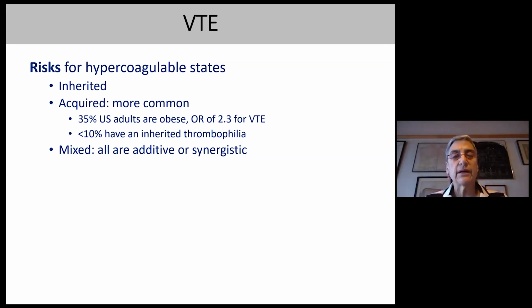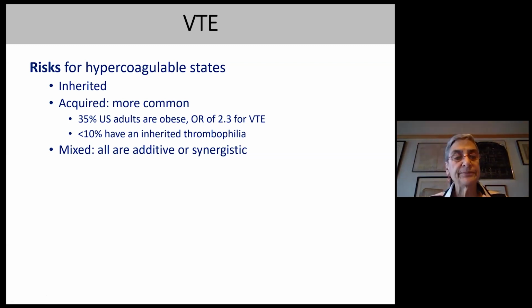but I will start by talking a little bit about other hypercoagulable states and how we evaluate for them. The risk for hypercoagulable states can be inherited abnormalities of the clotting cascade, but far more common are acquired causes, since obesity increases the risk for hypercoagulability and is much more common than the very small percentage of people with clots who actually have thrombophilia. All of these states are additive. So if you're obese and you're pregnant and you have surgery, or you're obese and you have surgery and are at bed rest for several weeks, all of those things add to your risk of